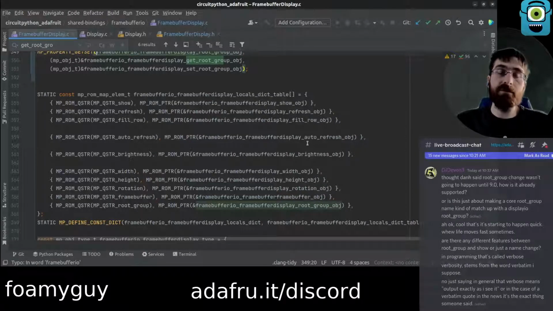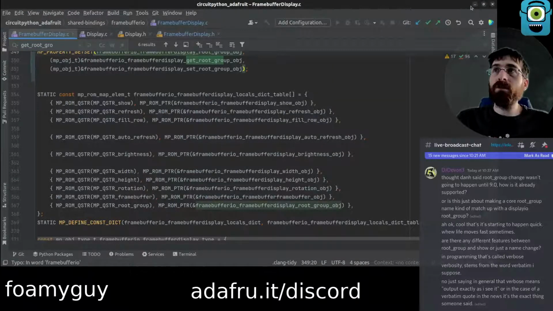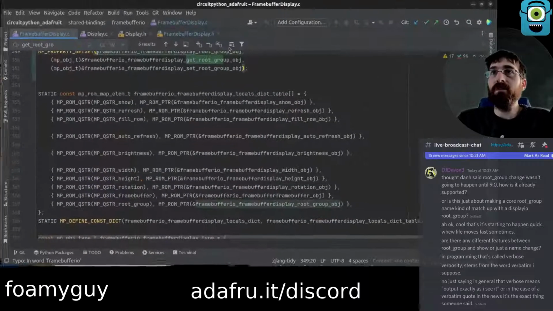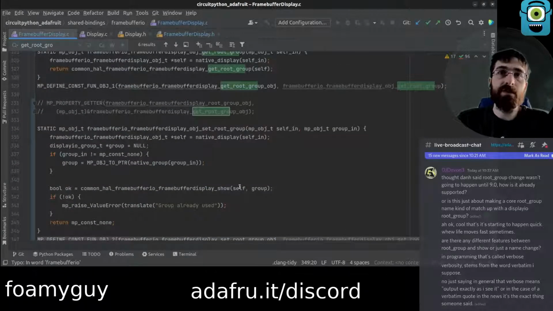What else do we need to do though? We need to still, well, we need to change the internal API still, because this is just calling show, but we actually want it to be calling setRootGroup.